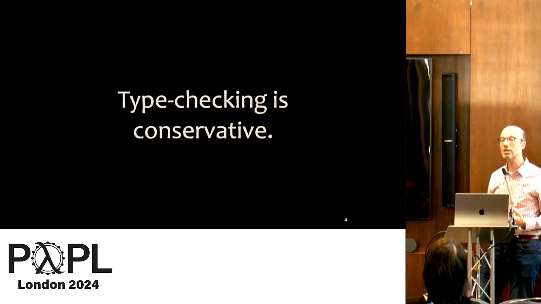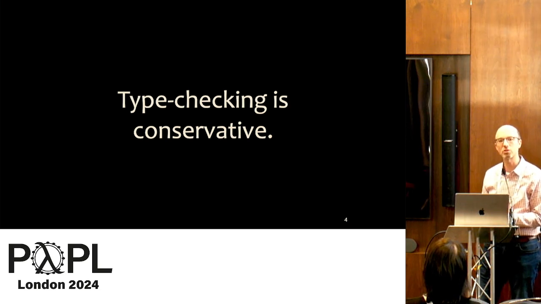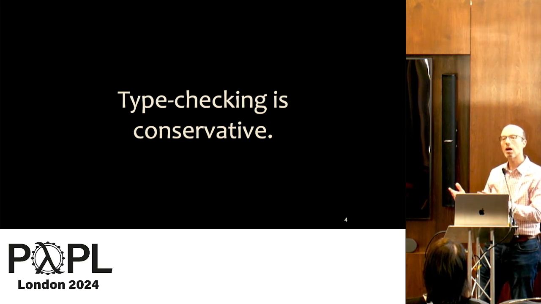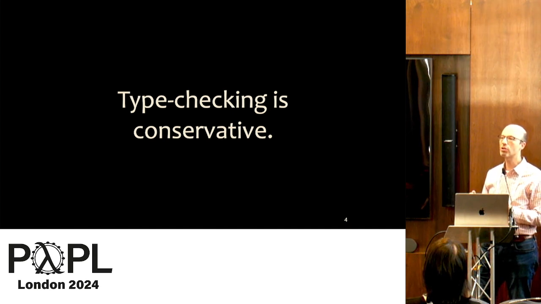One challenge with working with types is that type checking is necessarily conservative, right? We can't analyze a full program. Any static analysis is going to be conservative, because if it weren't conservative, it wouldn't really be static, would it? It would mean running the program and observing its behavior. So instead, a type checker is going to reject some programs that still would be fine at runtime,